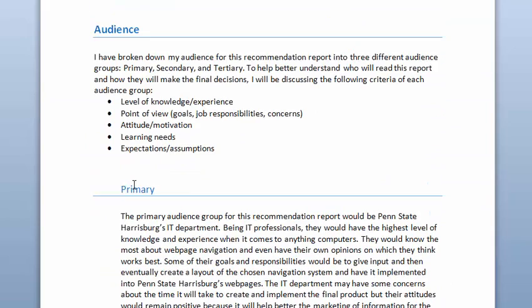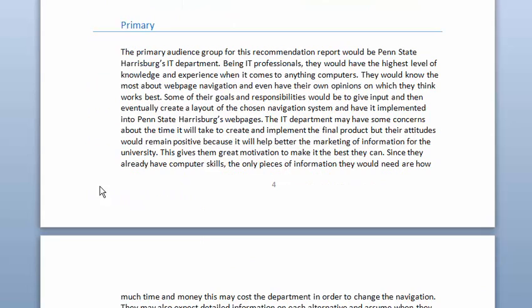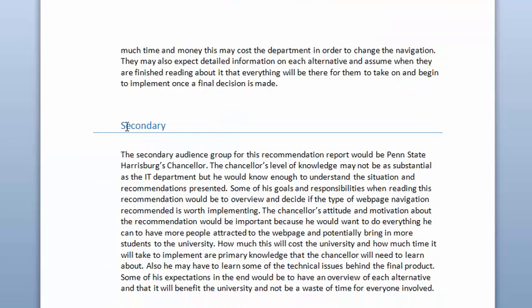Now, by the same token, the writer doesn't do so well with this same thing in the audience section, where the second level headings are not very specific, but rather the generic categories primary, secondary, and tertiary. Wouldn't this work better if the first one was, for example, the IT department? And I would add IT department head to make it a realistic audience group or group member for this project. Or, for instance, the secondary one. This doesn't really tell me anything, but if it was called Penn State Harrisburg's Chancellor Mukund Kulkarni, and so on,